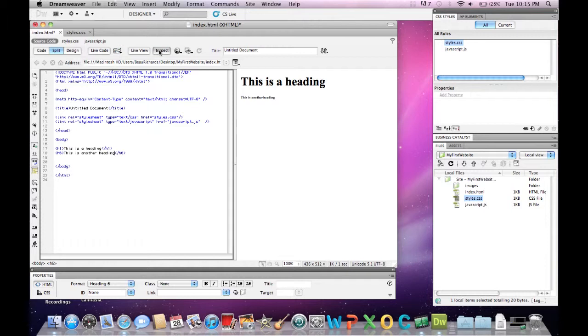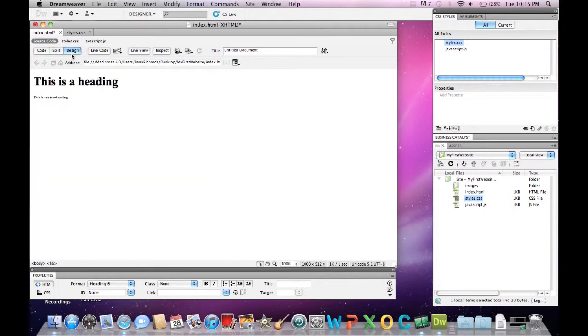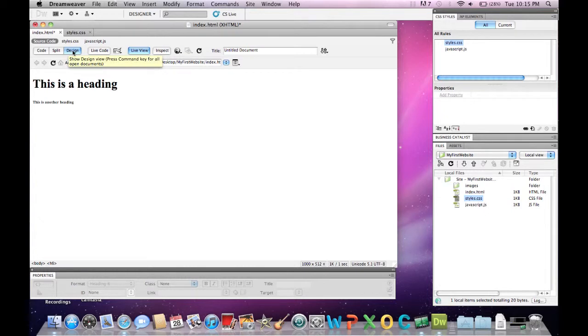Also, if you look right over here, you'll see the live view. If you click it, you'll see that this moved barely. I'll go to the design view and then click live view. Live view is going to display it just like a web browser would, so it'll be a little different sometimes than your design view. It's always good to check your work in either a live view or an actual web browser as you're going along,